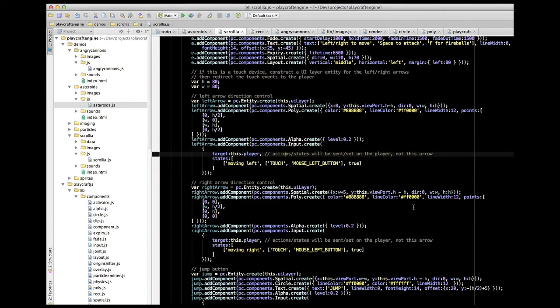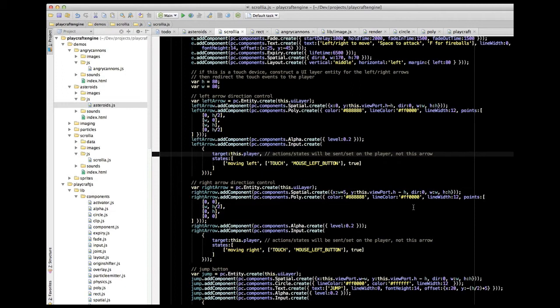It's being redirected to the player. So when the state is detected, the state that is being changed when I touch on the arrow is actually being faked into the messaging being sent over to the target, in this case the player, which is over on another layer,